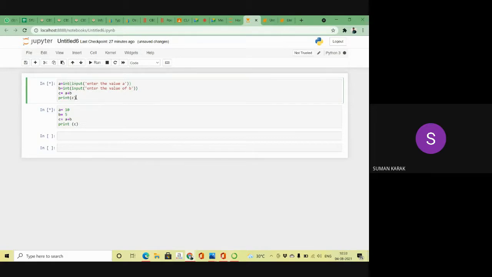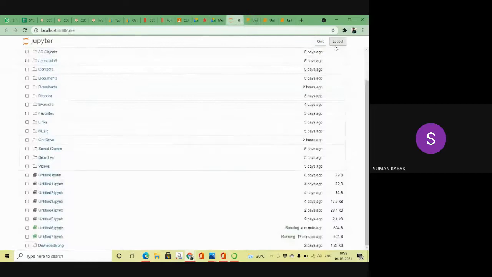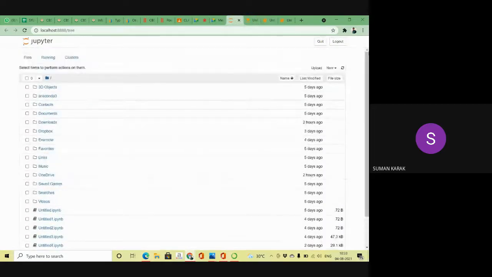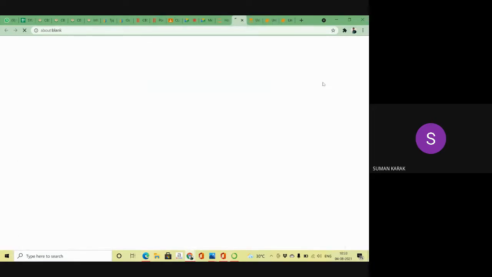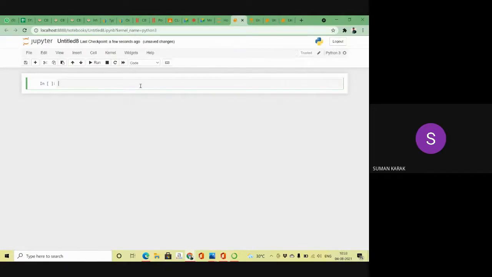If I do not mention that, please try to understand, then by default the string value will be stored, and we know that in a string value we cannot perform any mathematical expression, right? I already told you in the previous day, in a string value you cannot perform mathematical expressions.